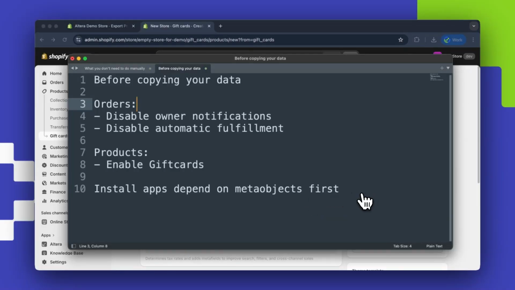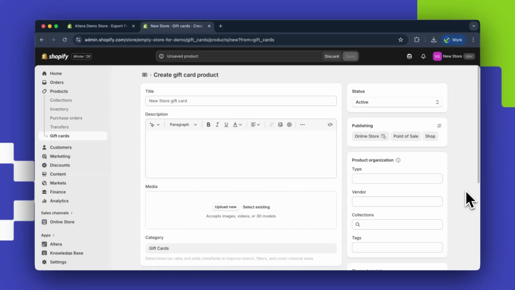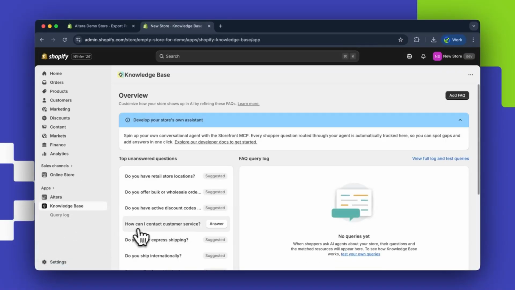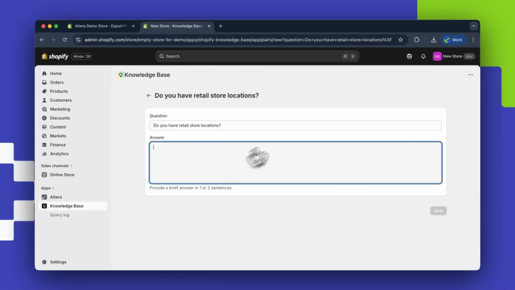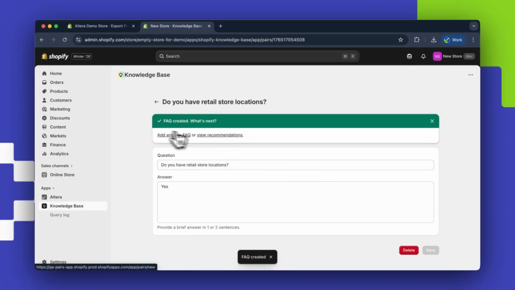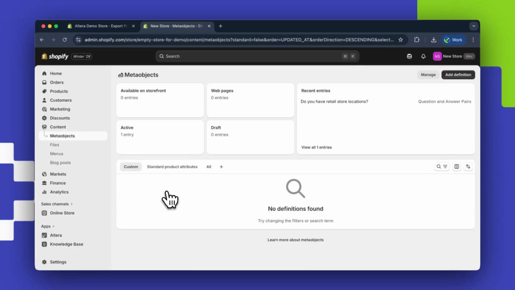And then lastly, there are some situations where an app will depend on meta objects, but we cannot create that meta object definition because it's controlled by the app. A good example of this is the Shopify knowledge base app, which allows you to add a FAQ section to your store. So in this situation, we had to install the app first and create at least one record, and this will force the app to create the meta object definitions for the content, and we'll see that should show here